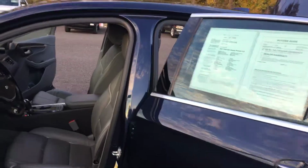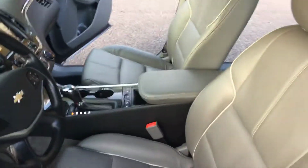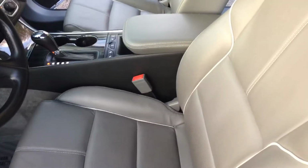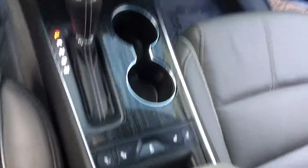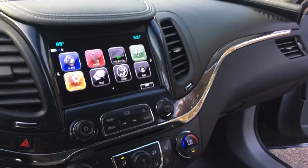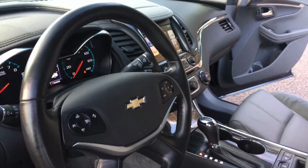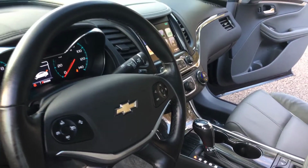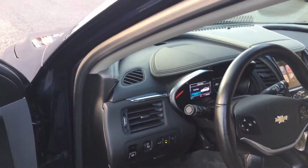Features keyless entry with remote start, power windows and locks. It even has the blue velvet metallic paint on the outside that's gorgeous. Heated perforated leather seating. Dual climate controls, MyLink radio with Android Auto and Apple CarPlay, forward collision, blind spot warning, lane departure,